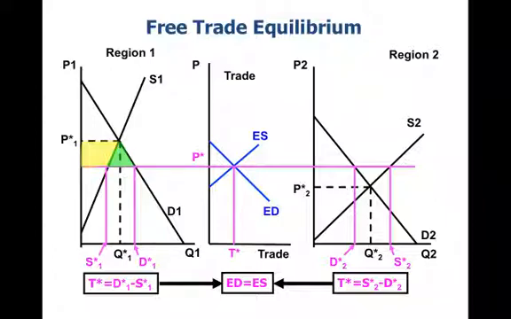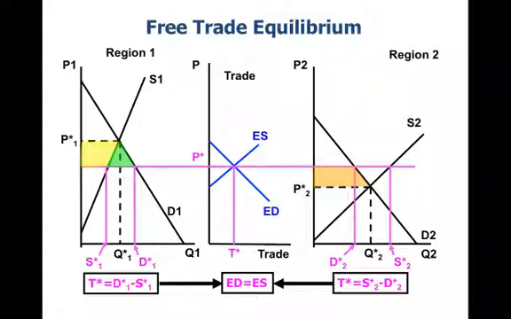But as a society, everyone in Region 1 is better off in the sense of there's been an increase in total welfare. We can think about doing the same kind of analysis in Region 2 where we know that price has gone up. So price went from P2 star to P star. What that does is it reduces the quantity demanded from Q star 2 to D star 2, but it increases quantity supplied from Q star 2 to S star 2. So we know, for instance, that there's a transfer of surplus from consumers to producers in Region 2 equal to that beige trapezoid area that I've just illustrated.